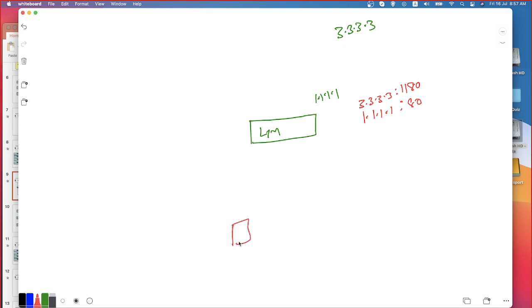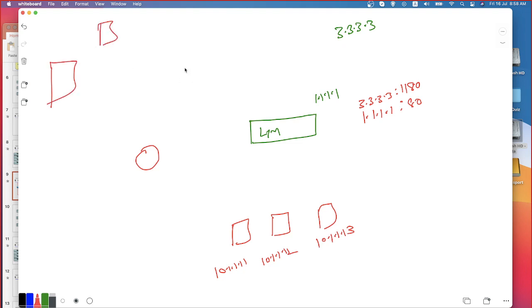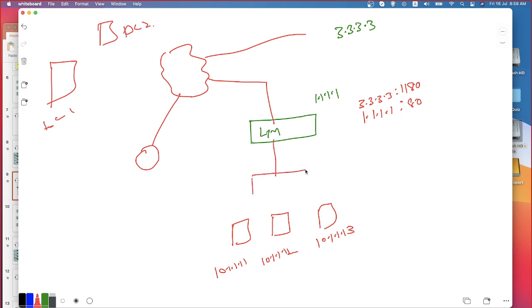I have my internal service which has been configured with an IP address of 10.1.1.11, 10.1.1.12, 10.1.1.13, and I also have a router which provides connectivity to the external network. Of course, some internet connection is also there. Now the router is also connected to internet, and this is my DCs. Now my point is, how do I provide connectivity: you have a switch, the router is connected to the switch, the servers are also connected to the switch.